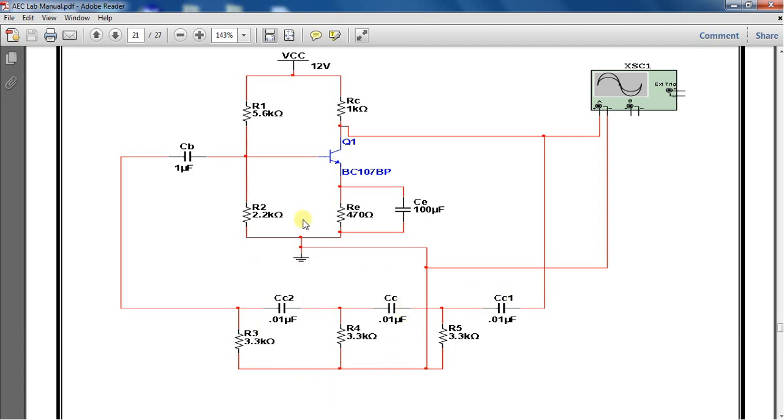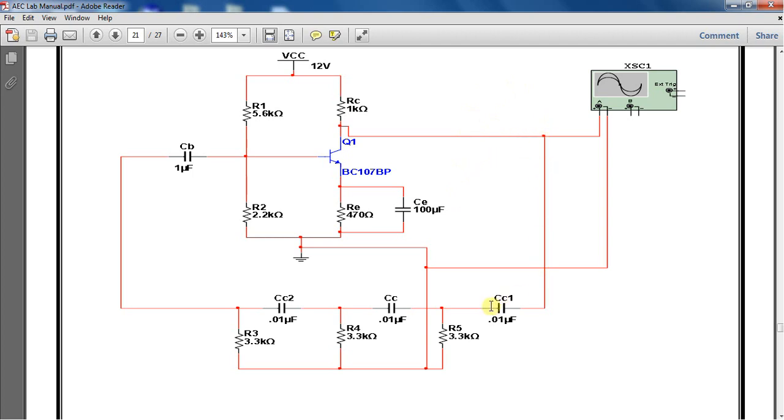In the CE amplifier we know that it gives 180 degrees phase shift. Which means that if you apply a 10 volt signal, then it will be amplified and it will give the negative of the amplified voltage. If it is 10 times amplified, we will get minus 100, let us suppose it is the RMS value. So it is negative, meaning 180 degrees phase shift.